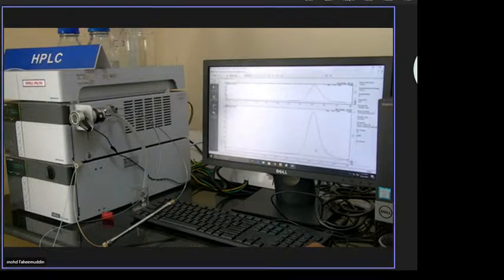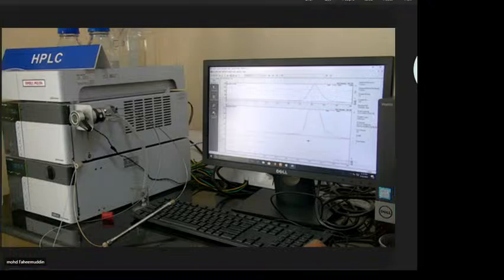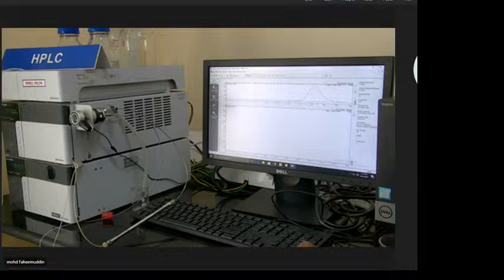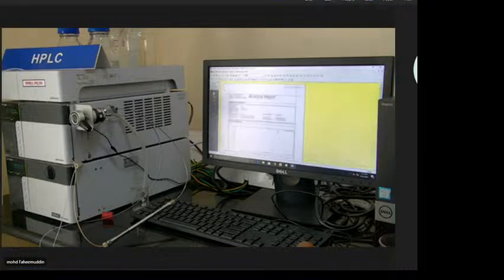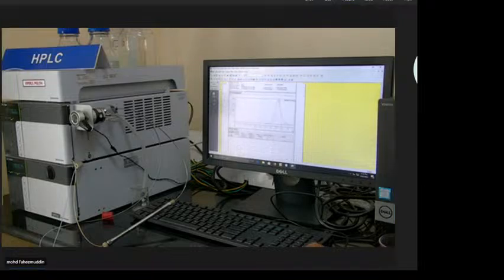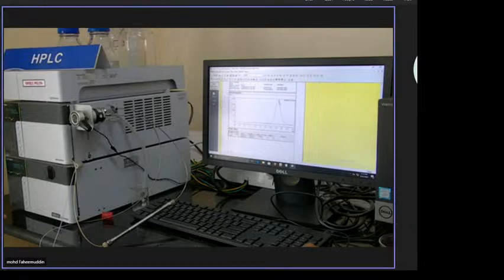So this is a spectra, right? And this is the base area under the curve. Okay, and so this is the data analysis. You can put your college name, your date, your sample, everything. You will get the spectra, you can take the spectra, and where you got the runtime is